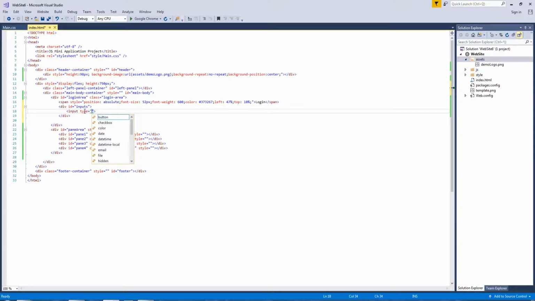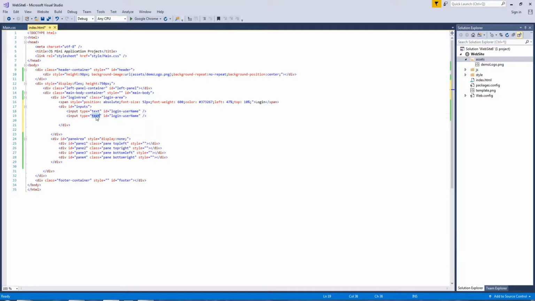First one is going to be type text, not telephone text. For the login, ID, login, username. And the other one is going to be password. And before it says username,